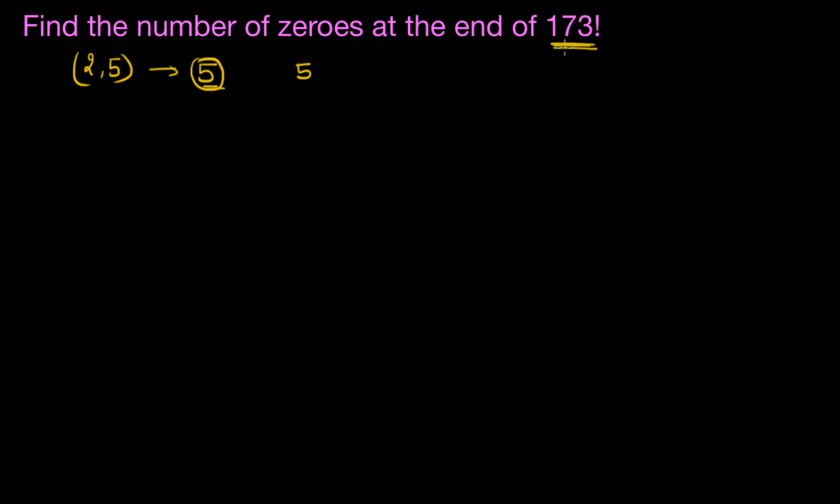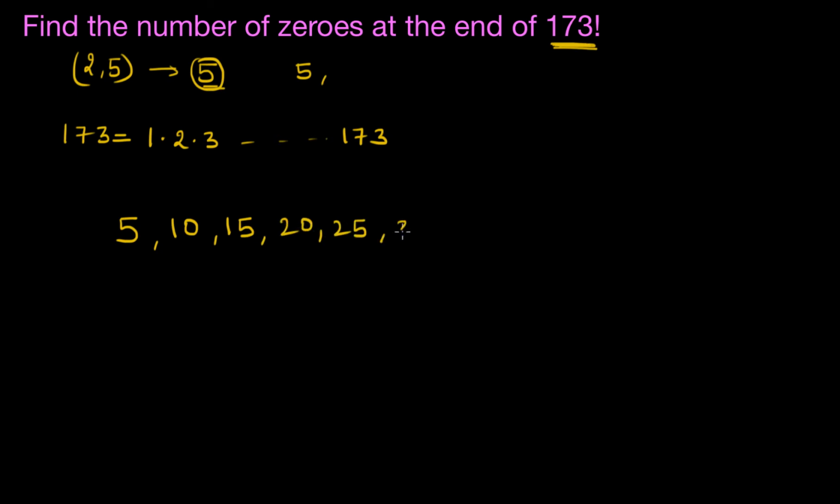Now we'll talk about the numbers up to 173, because 173 factorial is the multiplication of all the numbers starting from 1 up to 173. So the first 5 I'll get from 5 itself. Let me write it down clearly. First 5 I'll get from a 5, second 5 from a 10, third 5 from a 15, and then 20, 25, 30, and so on up to the last number that is lesser than 173 but divisible by 5. That will be 170. But there is a problem here, because numbers like 25 won't give me just